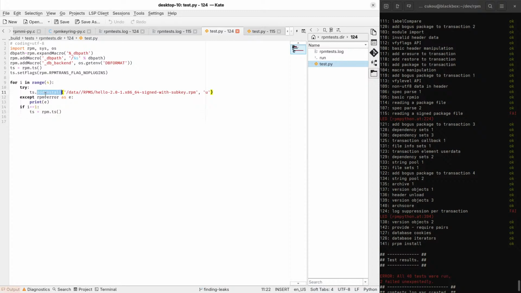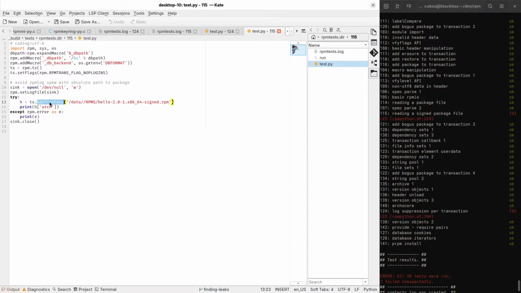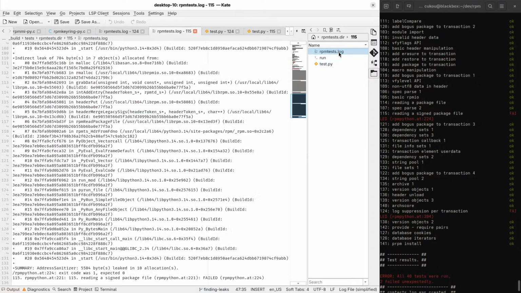Okay, so this one looks simpler, right? This one reads this whole RPM file and adds it. This just creates a header from a file. Okay, so make a header and we print its arch, and then we print an error if there is one, and then close.